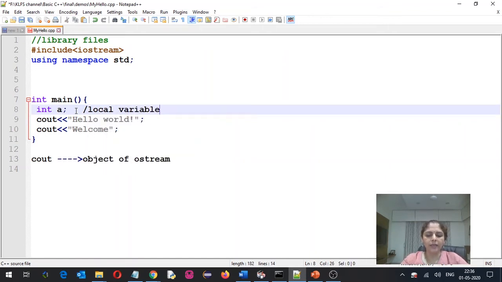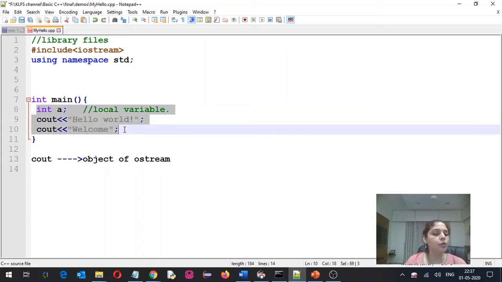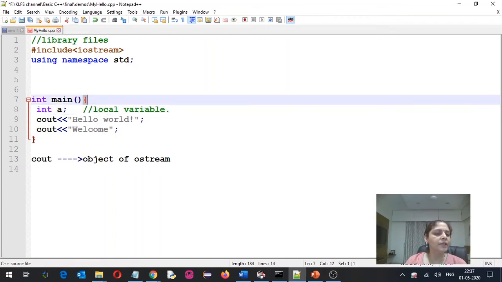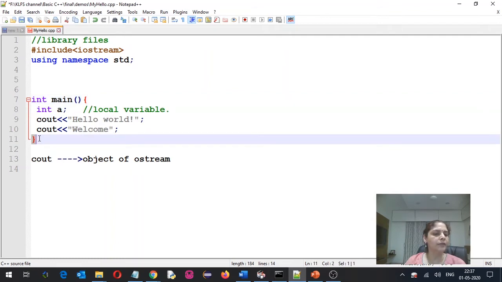Any variable which is declared inside a function is called a local variable, and that variable is accessible only within that function and not outside the function. So you can say that a local variable is available only within the scope in which it is defined.